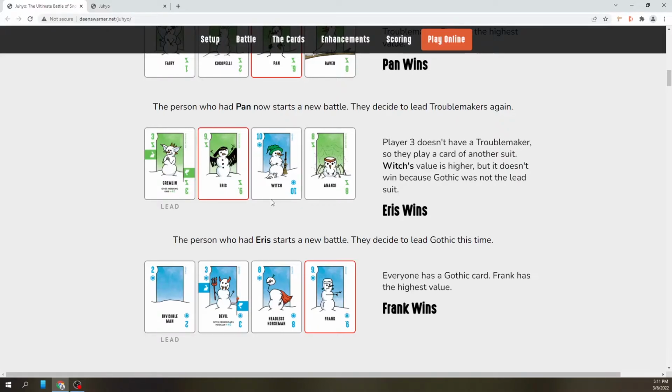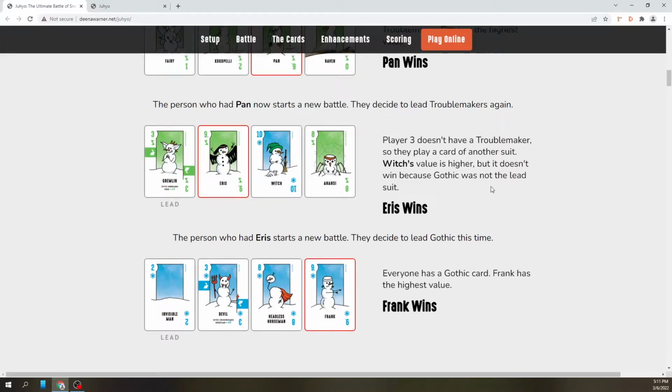The third player did not have a troublemaker, so he played in a different suit, which was Gothic. He played the 10, which is a witch. And then the fourth player played an 8. And since player number 2 had the highest value in the suit that was led, he takes the trick, or he wins the battle, you could say.